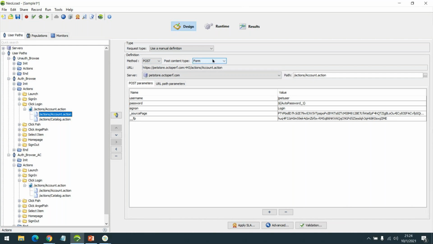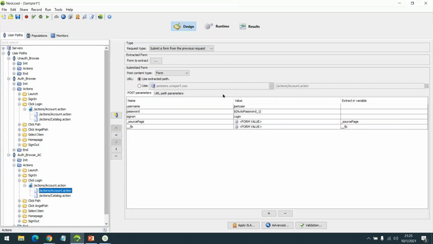The form is the actual content type that is supposed to be sent along with the request. But NeoLoad has changed it in such a way that it is now extracting some data from the previous form, although the content type did not change. You see how much change it has imposed on this specific request by simply enabling the autocorrelation.